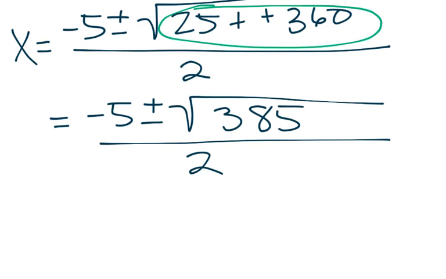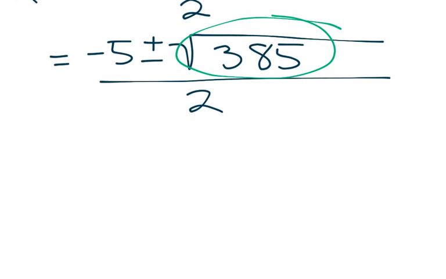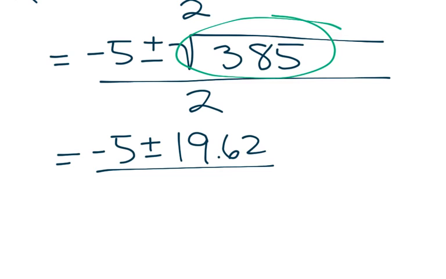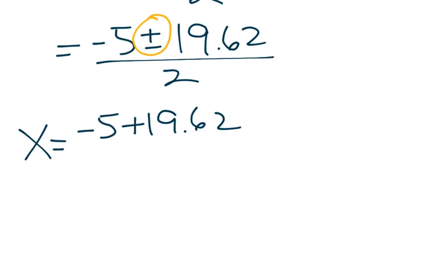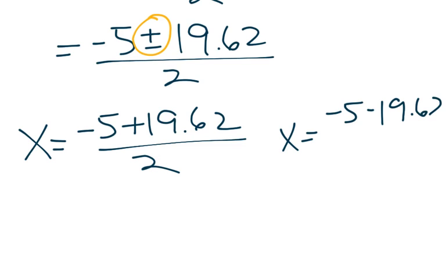And we're dividing this whole thing by 2. So now we want to find the square root of 385. And that is 19.62. So we have negative 5 plus or minus 19.62 over 2. And now, because we have this plus or minus, we are going to separate these into two different equations. So we have x equals negative 5 plus 19.62 over 2, and x equals negative 5 minus 19.62